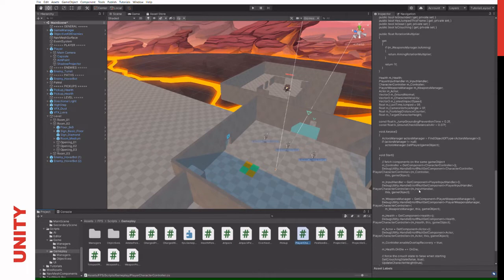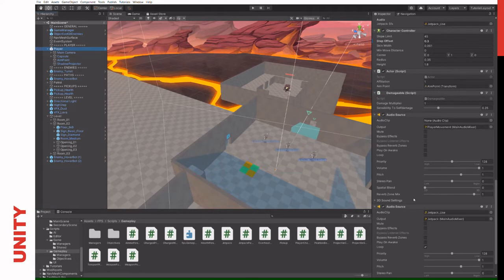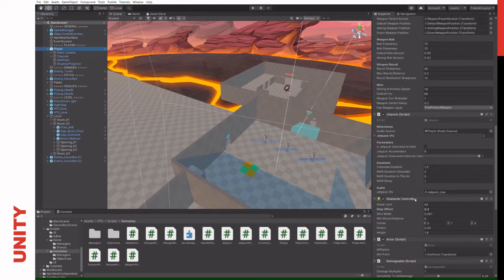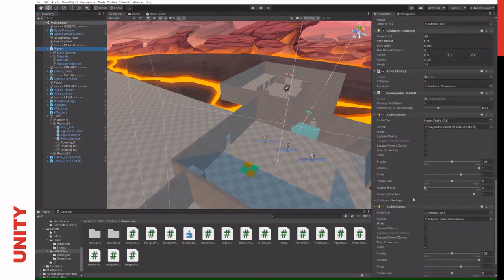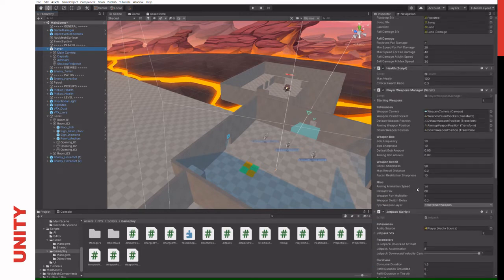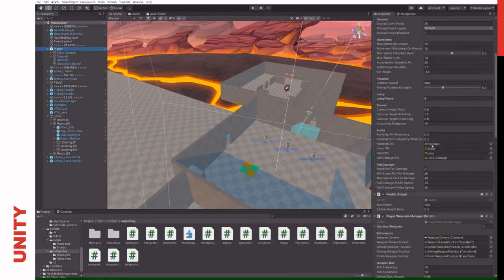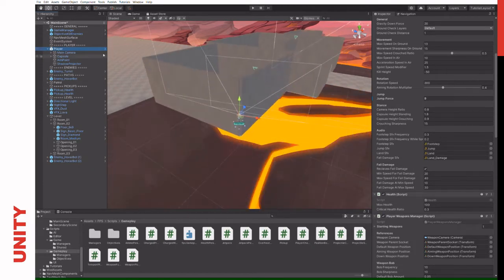For example, these things are then transferred to the player character here. So basically, every time we include a script into the character, we can define a behavior for the character. And for example, one interesting thing we could do here is about the jump force. So if we do the setting 9, it means